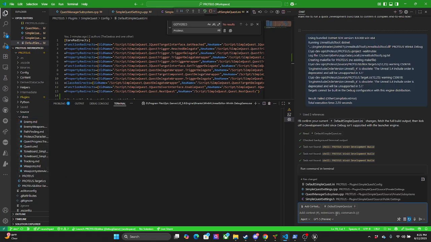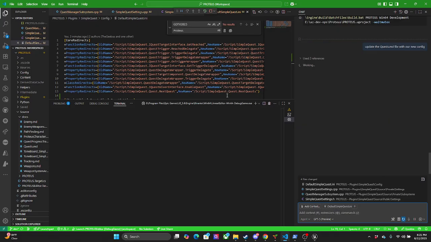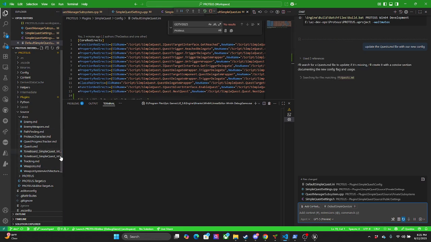So like I would say, update the quest.md file with our new config. And then I keep the MD files up to date so that I can reference them later. Keep the AI on track if it gets lost. So it should be pretty quick.